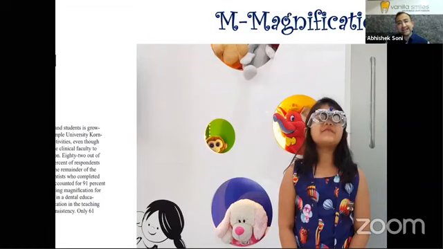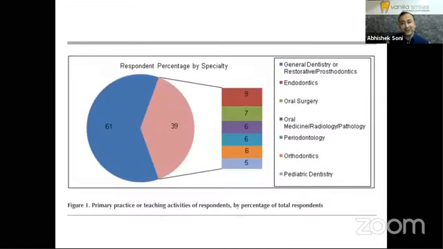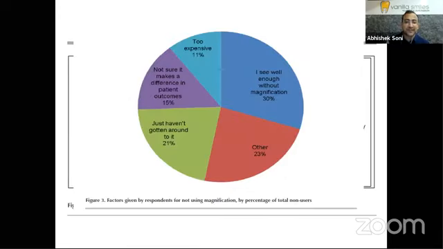And let's look at a few cases. If you see over here that in pediatric dentistry, you see the lowest number of them actually using dental loupes. And that's the sad truth, that very few pediatric dentists are routinely using it. And the reasons cited are even funnier, that they probably see well enough without the magnification. But trust me, once you have it in practice, you cannot do without it.